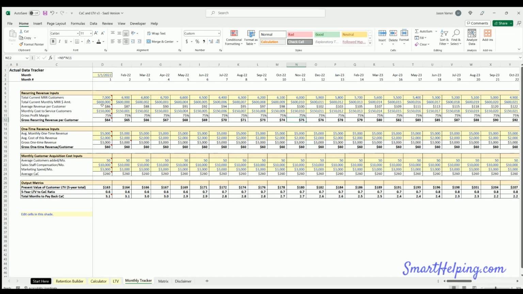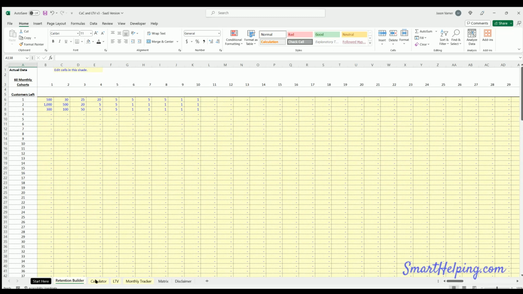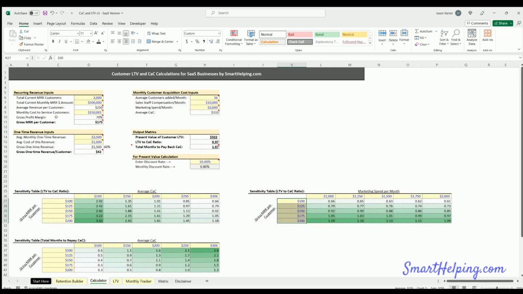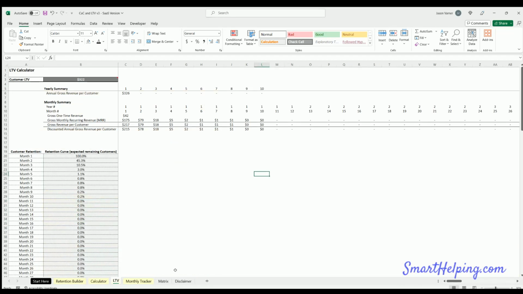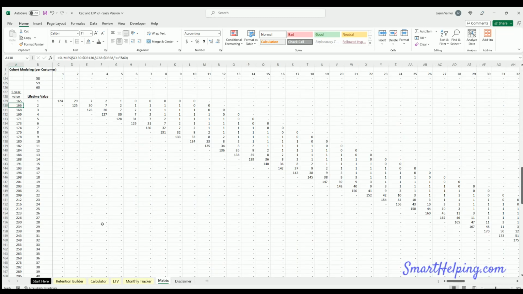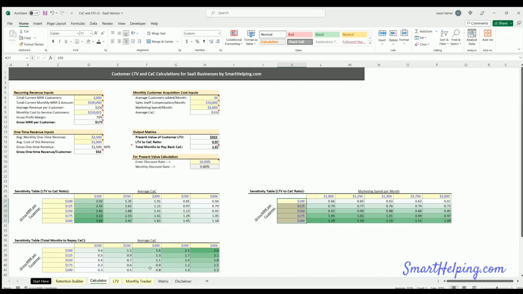Again, you could put in your own data each month and see what these values are. And the curve applying to these is based on your retention builder tab and this logic here. So you can see this is a little bit simpler. It's more simple how we're arriving at the values because we don't need to account for varying customer spends over their lifetime. Like in a mobile app, you would, because